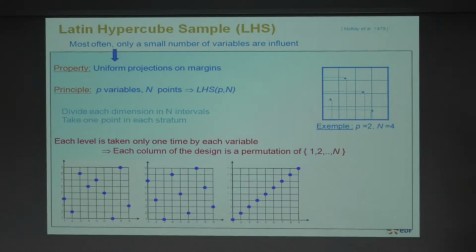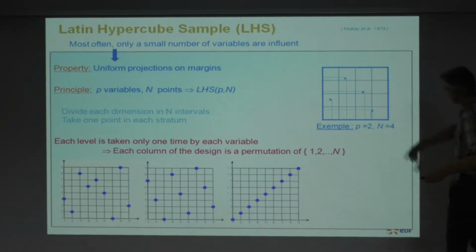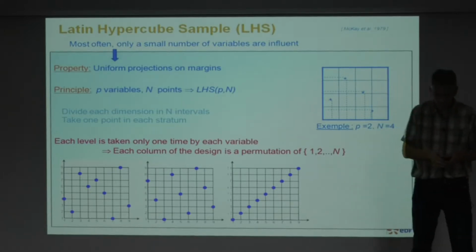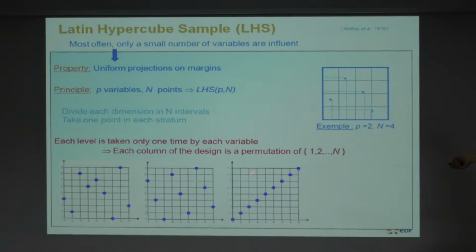3? Second, yes. The second is the best. The third is the worst. But the third is also a Latin hypercube sample. In this example, I can put a point here, here, here, and here. I have a Latin hypercube sample. But it's a bad idea, because you leave a very large unexplored zone if you do this. But this one is very regular. I have no empty zone. This one is good, but here I have an empty zone, and here I have 2 points which are very close to each other. Okay, so the good answer is this one.